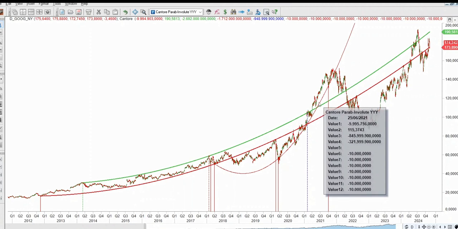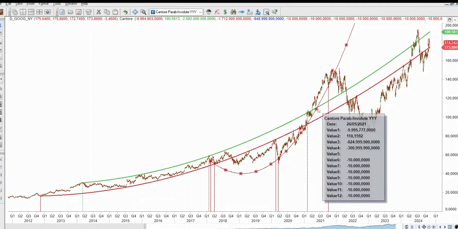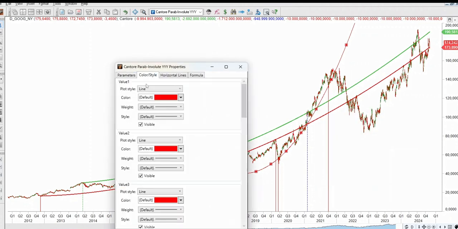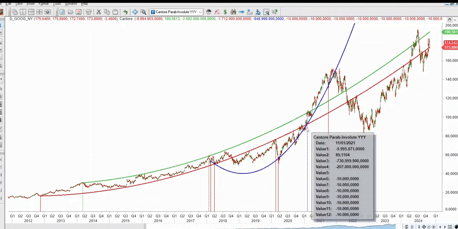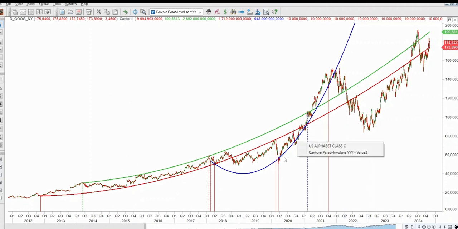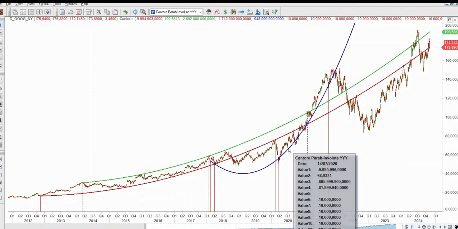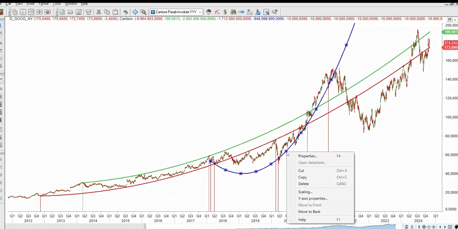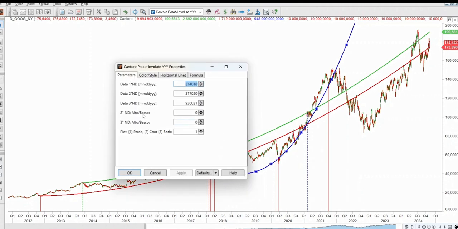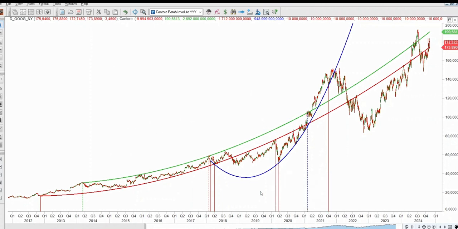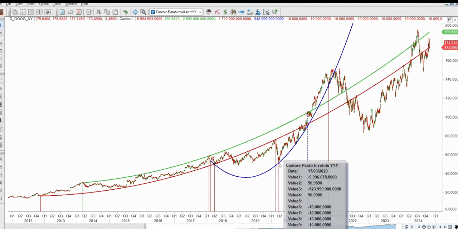However, we note that in these two circumstances, the parabolic involute has not been absolutely rigorous in the interpretation of the minimum, and to improve this aspect, we can arrange a slight repositioning of the second point downward, acting on the fourth window, and we apply it by $5. On the basis of these 3 points so partially remodulated, let's see how effectively the parabolic involutes interpreted the evolution of the Alphabet Google stock,